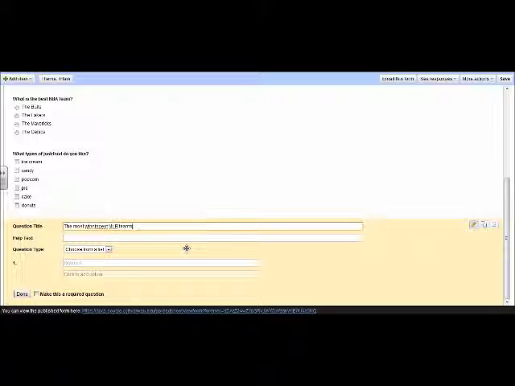And I really have no idea what the answer is, but here you see our question type says choose from a list, so the first one we're going to add, Boston Red Sox,